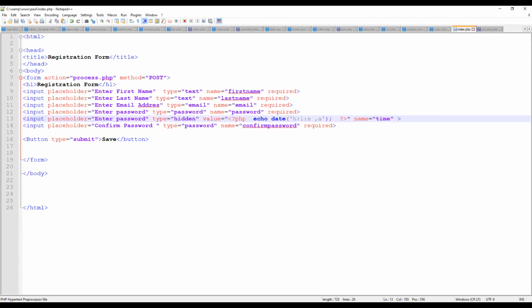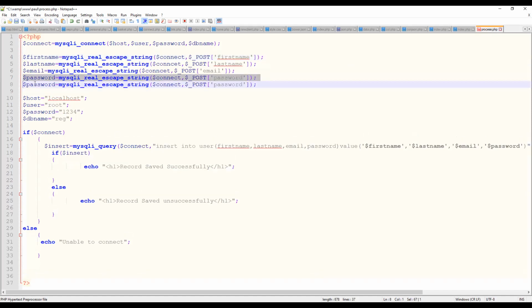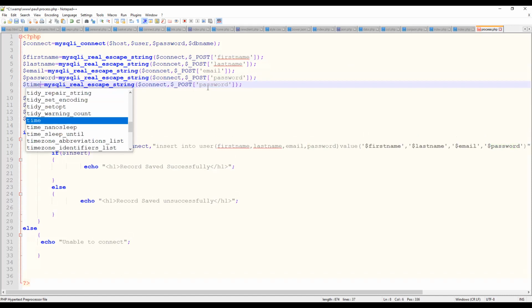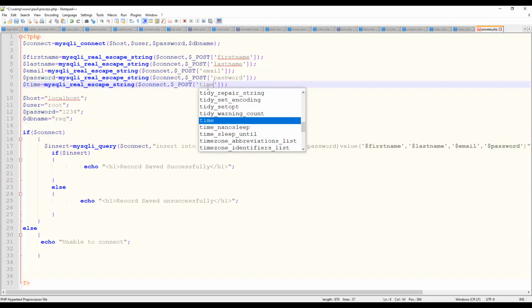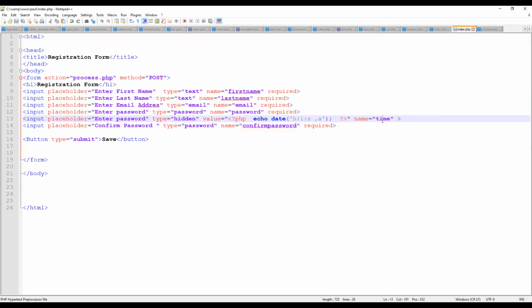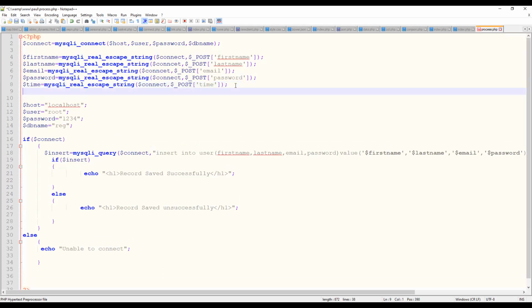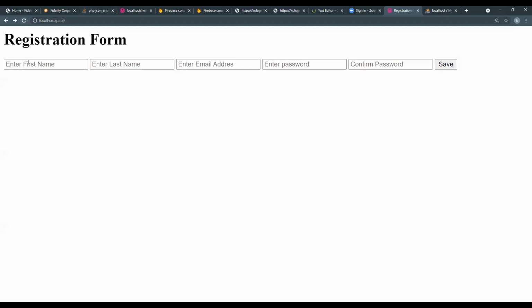Okay. But how do you fetch such data out? How to get the hidden data out? You also introduce something here, and you can say $time, and here a time. This variable name, time and time, must not be the same. The only important thing is that this must match with what is in the form. This is just any variable name I'm introducing to keep my time in it. So when I echo $time, anytime I submit this form,